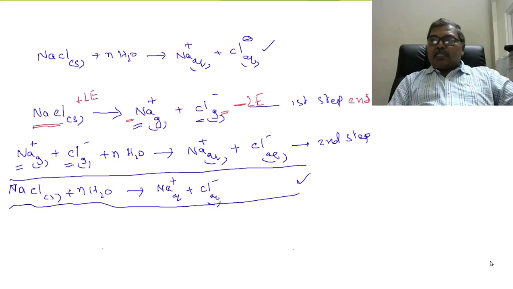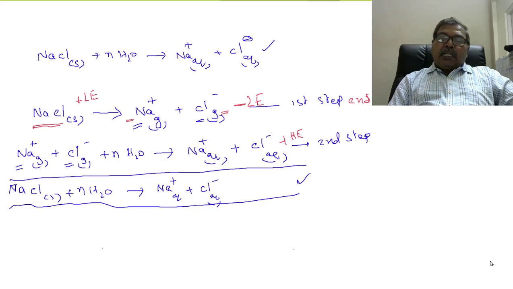Now, Na plus ions surrounded by water molecules, so that means Na plus has undergone hydration. Cl minus ions converted into Cl minus aqueous, so that means Cl minus is surrounded by water molecules. So the phenomenon of surrounding of water molecules about a cation or anion is called hydration. During hydration, energy is released. Right? So here no need to supply energy. Gaseous Na plus ions, gaseous Cl minus, they liberate energy in the form of heat.